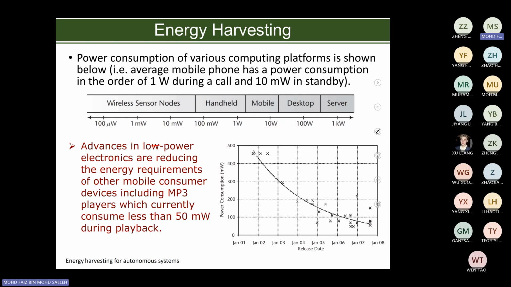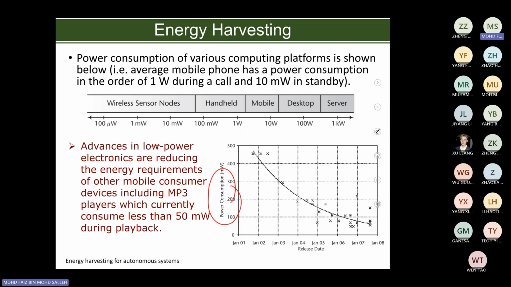Okay. If you compare with mobile, desktop, server, the power becomes very large, so you cannot have just one energy harvester. Like the fuel cell, you need a big system that you stack together to have bigger power. Okay. If you see here, the improvement in the power consumption of electronic devices,